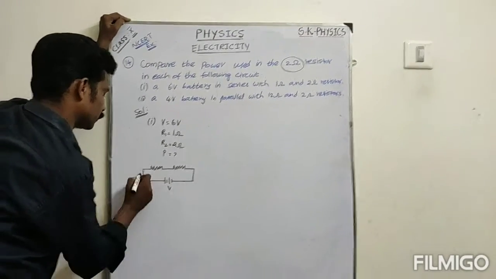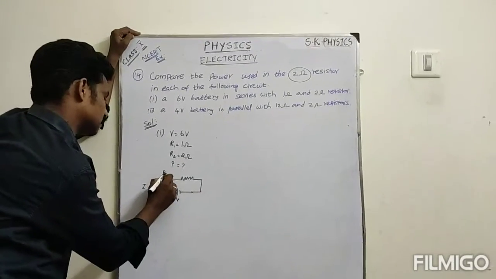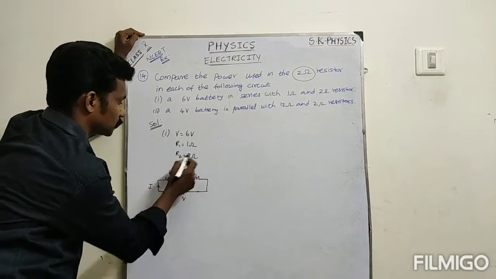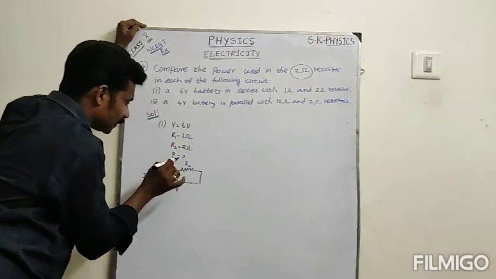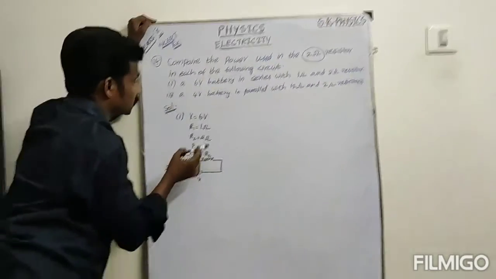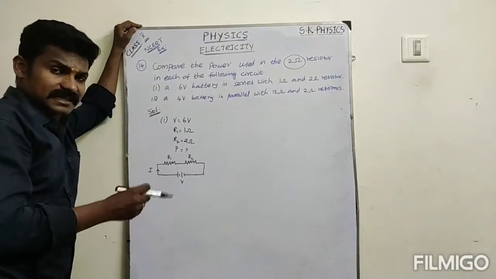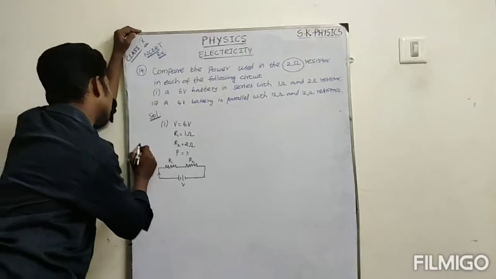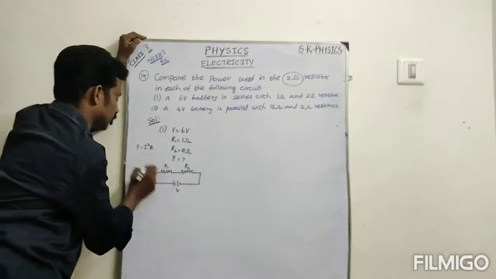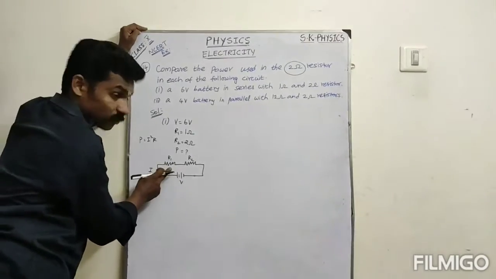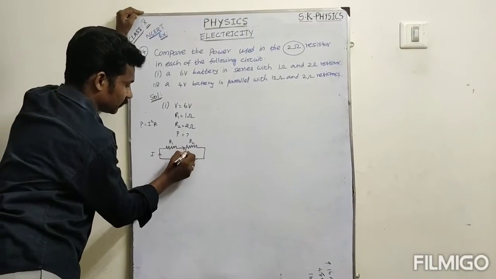Okay, so the current flowing through the circuit is I. You know very well, here the resistance R1 is 1 ohm, then R2 is 2 ohm. Now the question: what is the power value in that 2 ohm resistor? But you know very well, this is in series connection. In series connection, the current value is constant. So the power formula we should use is I squared R, because the same I flows across the R1, the 1 ohm resistor, and across R2, the 2 ohm resistor. So the same current will flow through R2.